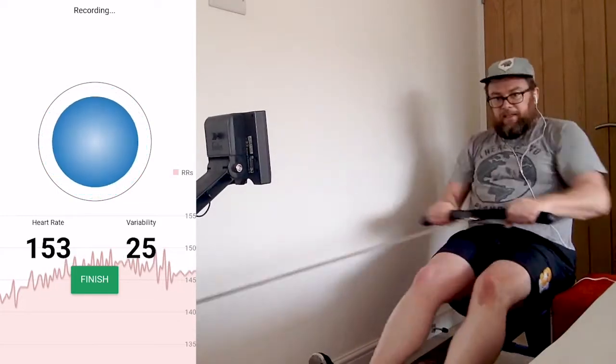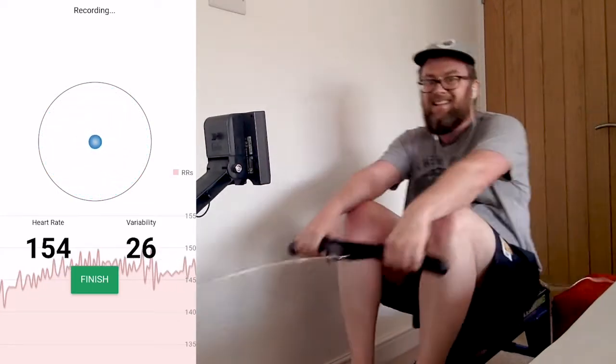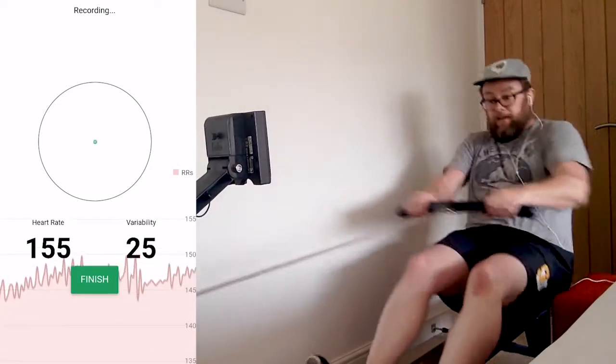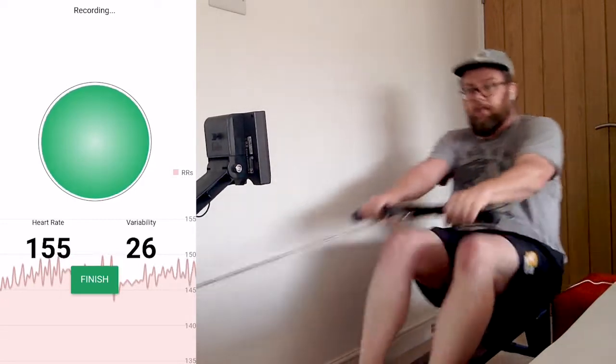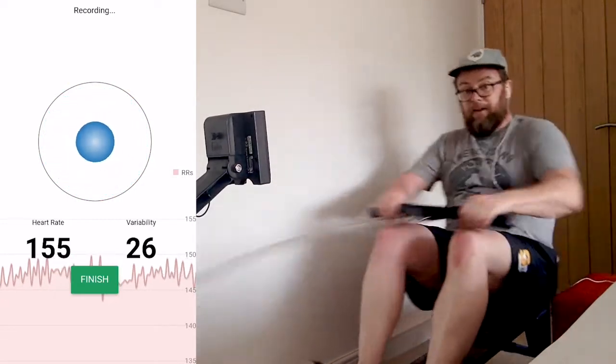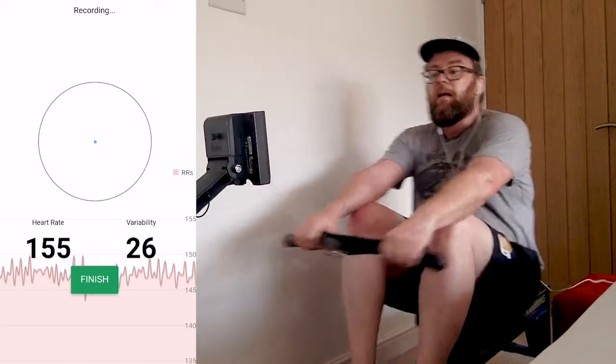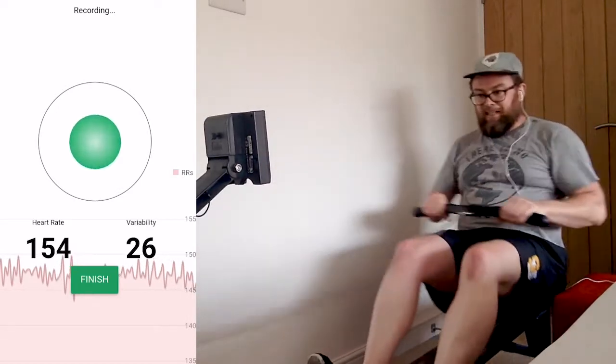Now, the sympathetic nervous system can, if the vagal function is less than it should be, take over when we don't want it to, such as when we're feeling stressed